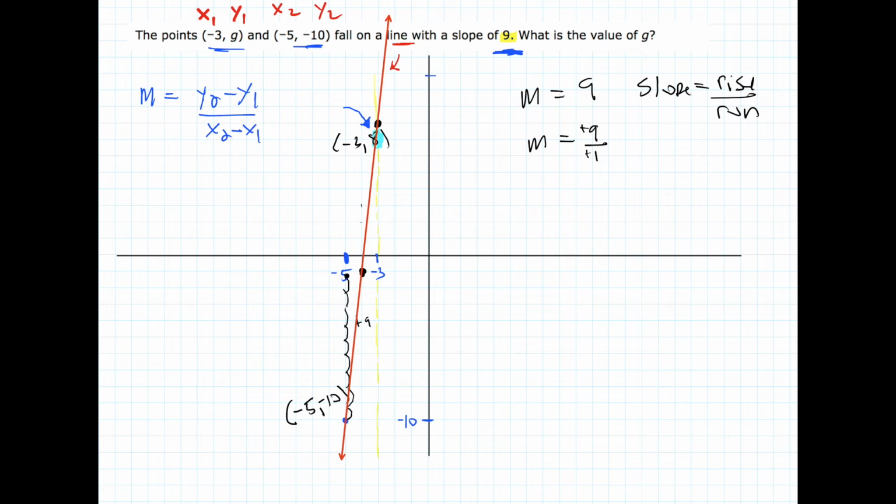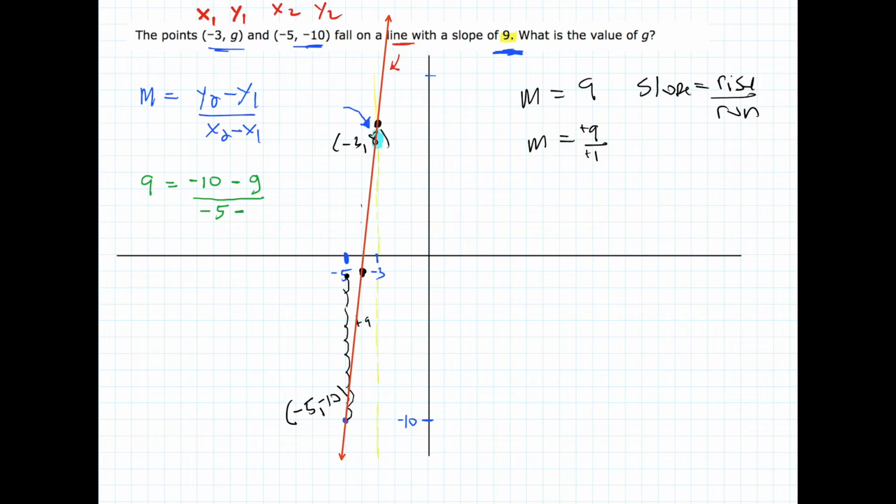And plug in everything you know. So we know our slope. Our slope is 9. Okay, so 9 equals y2, which is -10, minus y1, which is g right here, over x2, which is -5,